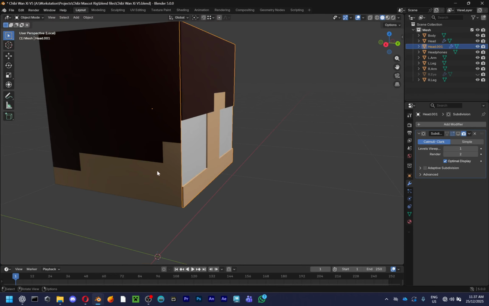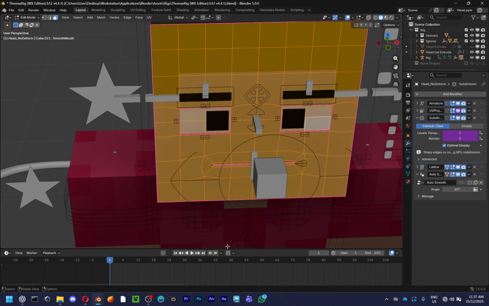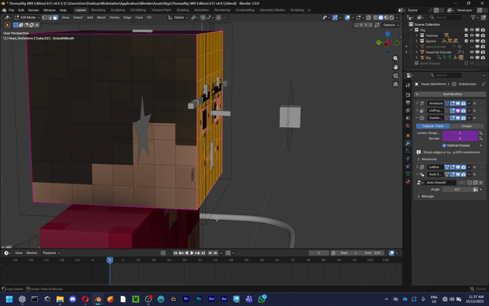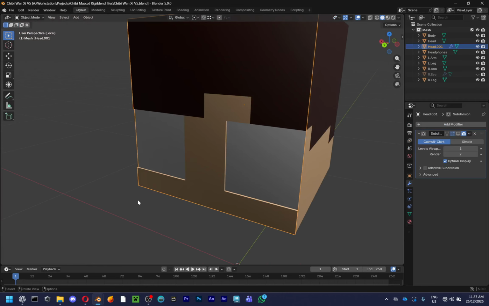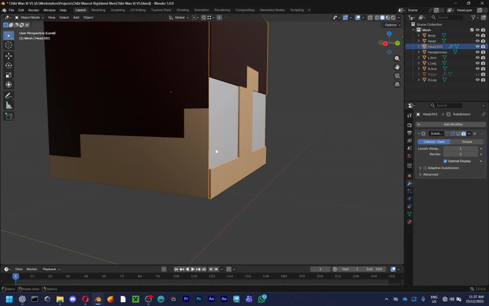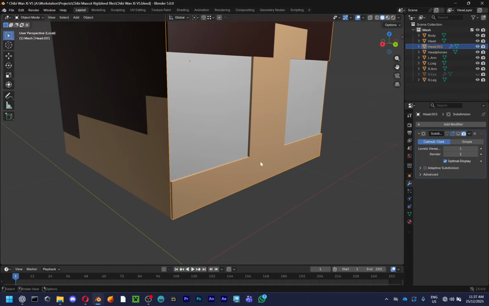So right now, that means my subdivision is going to be applied in the front of the face, as I don't need subdivisions at the back. I'm assuming this is what Thomas Rig's doing, but if that's not the case, then I guess I can just combine it back. It doesn't matter. So now